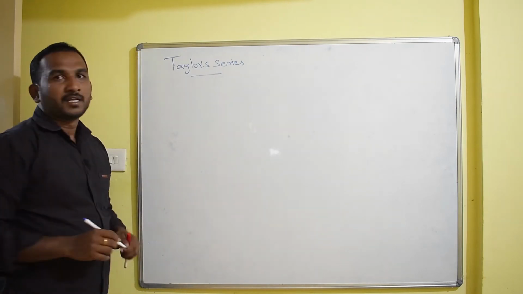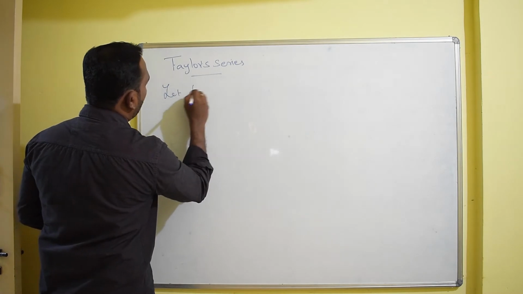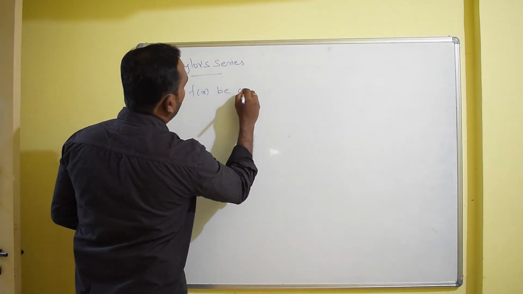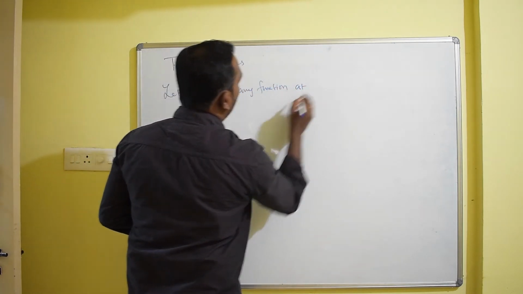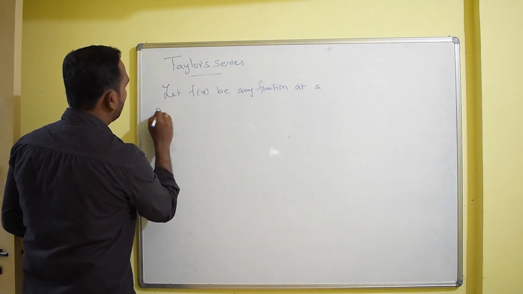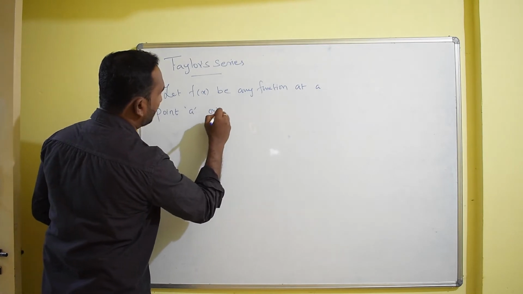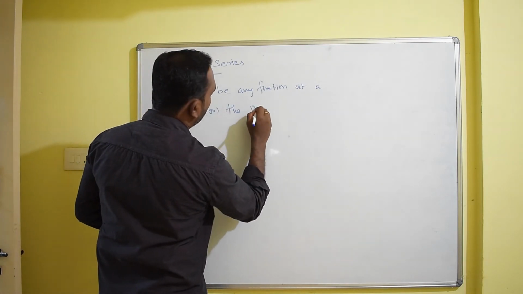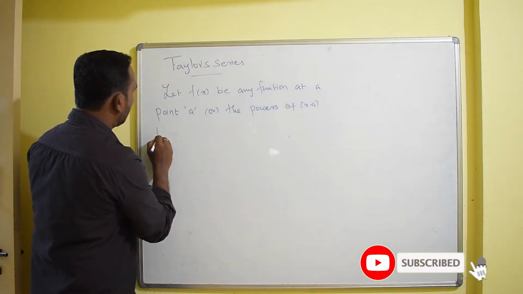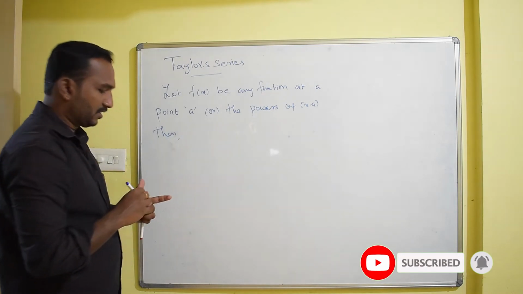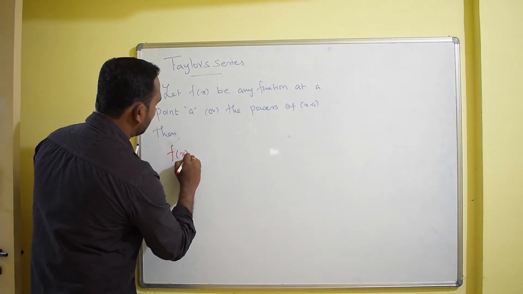Taylor series: let f of x be any function at a point A, whose terms are the powers of x minus a. Then the Taylor series expansion can be written as, that is, f of x is equal to